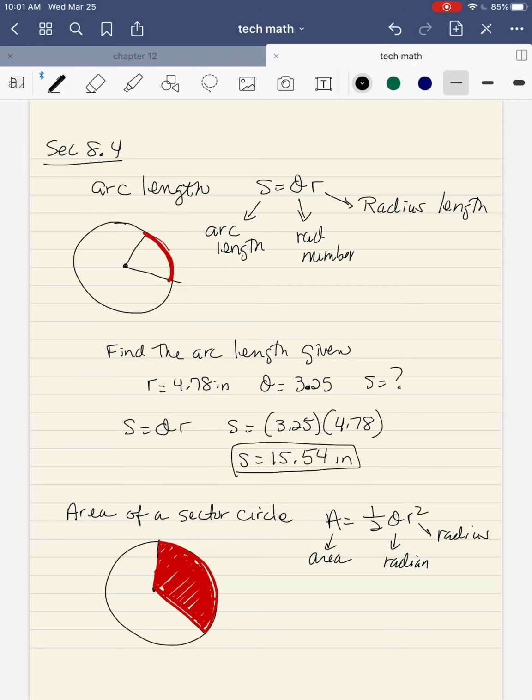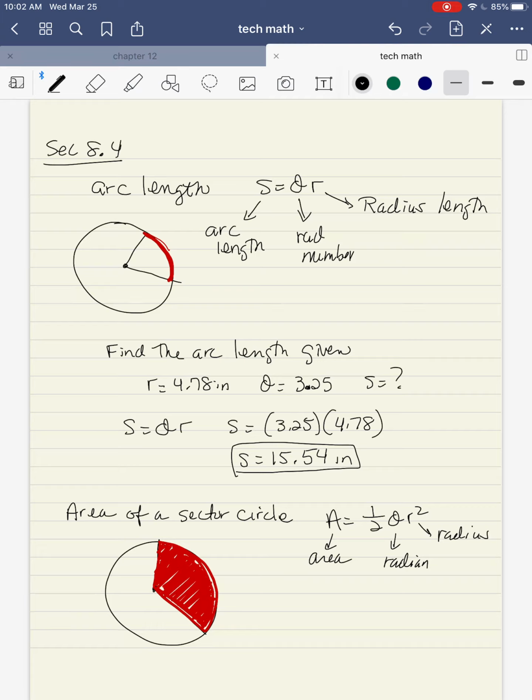Section 8.4 talks about arc length and area. Arc length is the part in red. If you have a circle, you're basically looking for the measurement around the arc. The formula is S equals theta r. So arc length is equal to the radian number for theta times r, which is